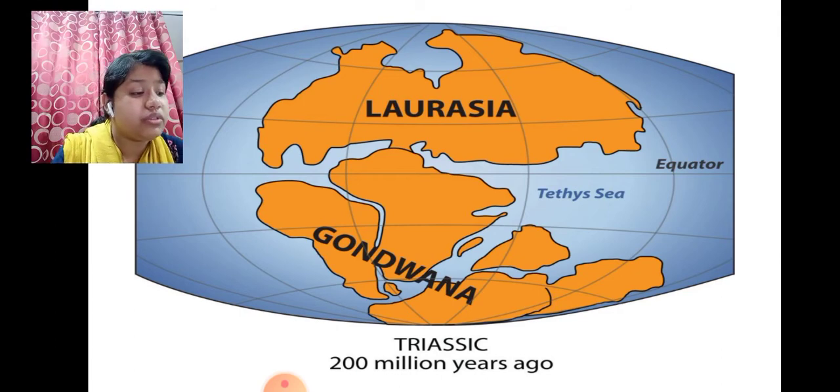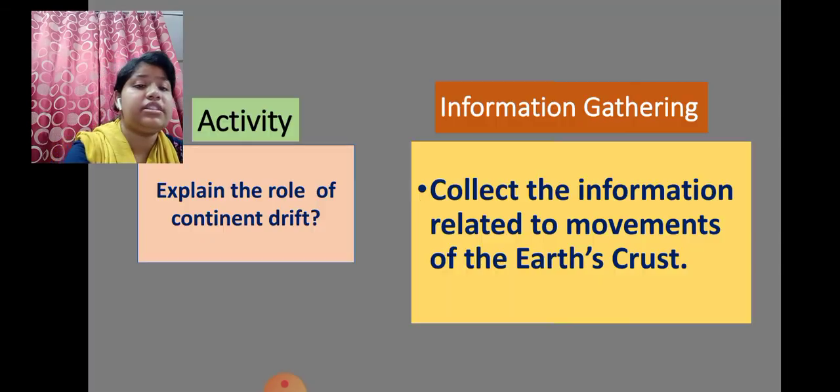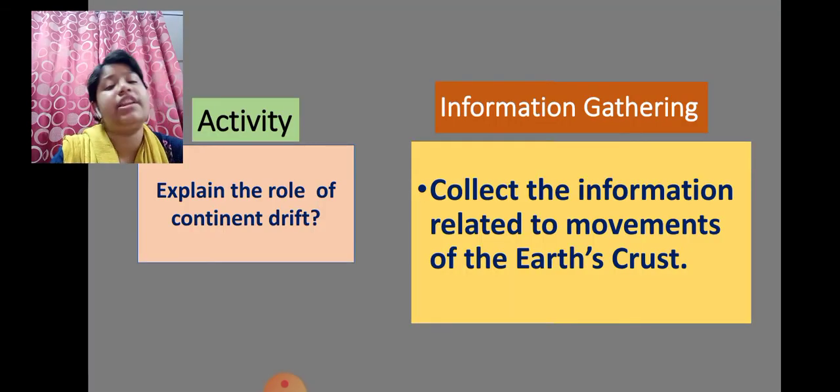We have three kinds of mountains: fold mountains, block mountains, and volcanic mountains. Fold mountains are of two types. Young fold mountains are still in an evolving stage. Next we have old fold mountains, which have stopped evolving. That is the Aravalli mountains in India; those mountains have stopped evolving. They are stable now.